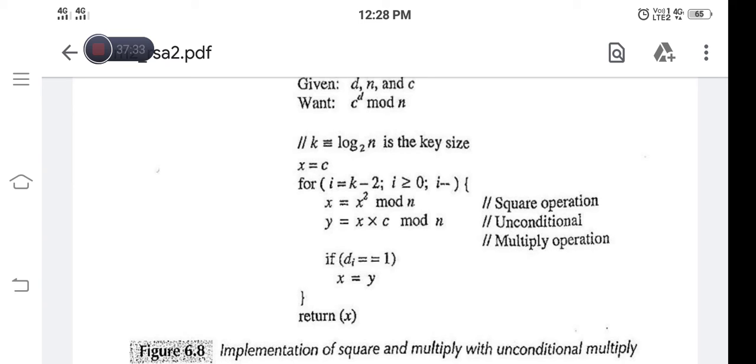Okay, after injecting the fault values in each of the iterations, the value will be compared with the correct value. If there is no match, he will come to know that at that particular bit the decryption key is a 1, because it is running inside the loop using the i value. i represents the position in the decryption key. For each position, the square and multiply operations are performed here.